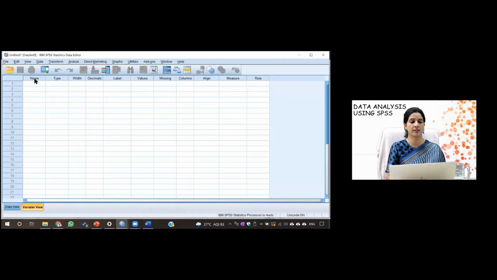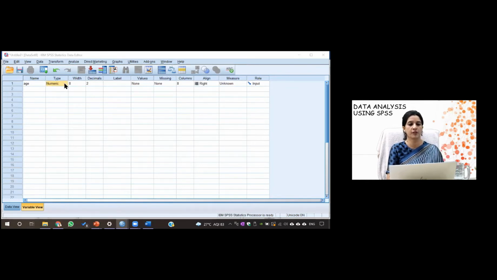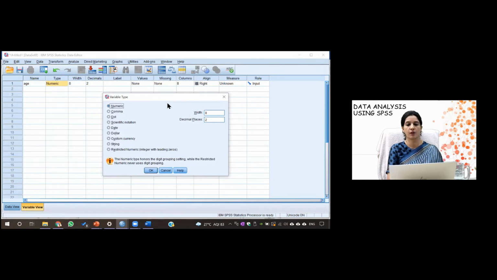So first is the age. My variable is age. So this is the type. If you click this, you will see there are a lot of options here. So what are these options? There is numeric, comma, dot, scientific notation, etc. But if you see this, we mostly use the numeric option, because I have told you that we convert everything, even the categorical variables, into numbers.